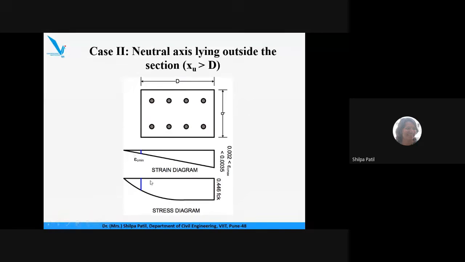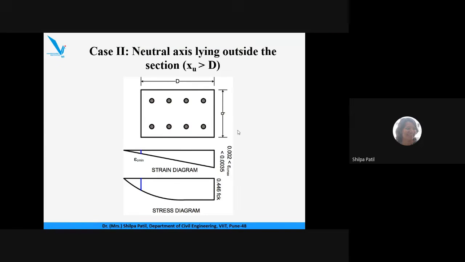Okay, what happens with the stress diagram? If you remember the stress diagram for the beam, if you imagine a cross section of a beam and whatever the stress diagram you have drawn, it is rectangular and then it becomes parabolic. It is the same diagram, same stress strain, because the assumptions are same for column also. The stress diagram will also remain same. So this is the stress distribution along the depth of the column. The maximum stress will be on the side of the load. Okay, and it will go on reducing on the opposite side. So this is for case 2. Now in case 2, what happens? There is very small eccentricity.